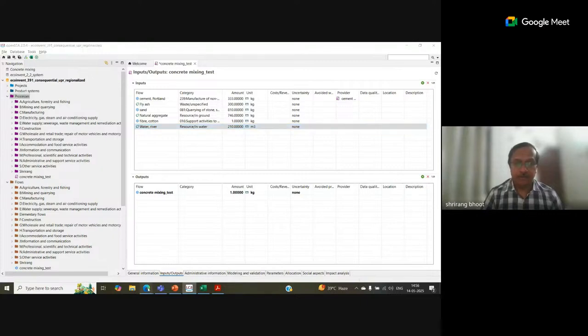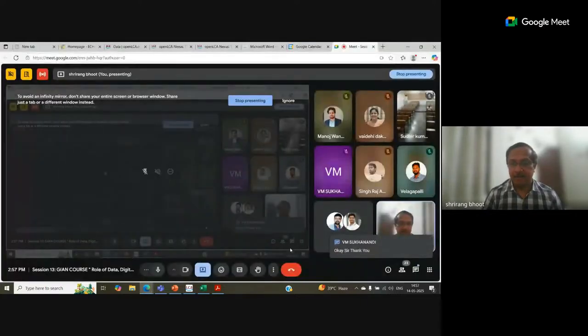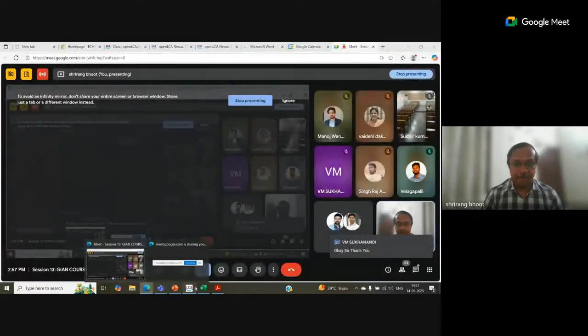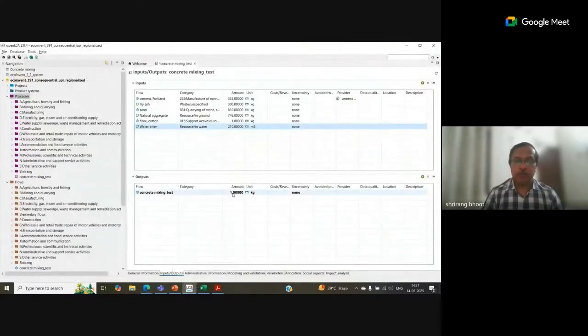Okay, so now the final output is 2,400 kgs. If I sum up this amount, it should give me this concrete mix amount.